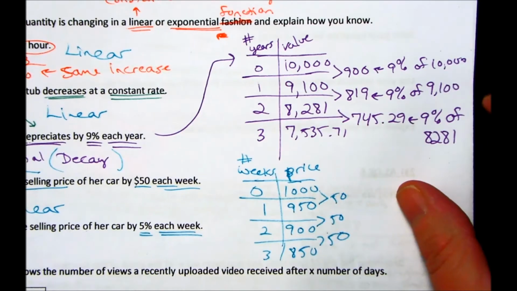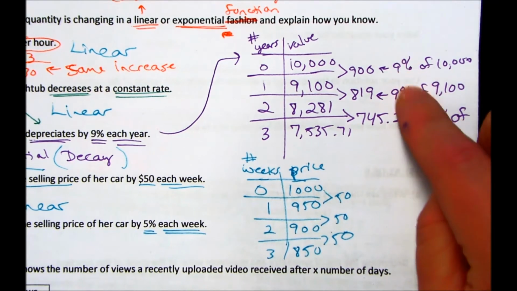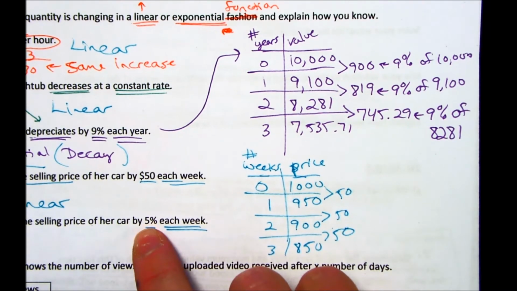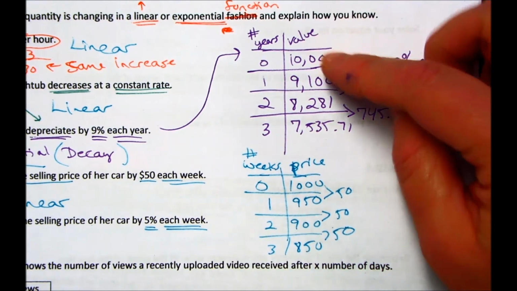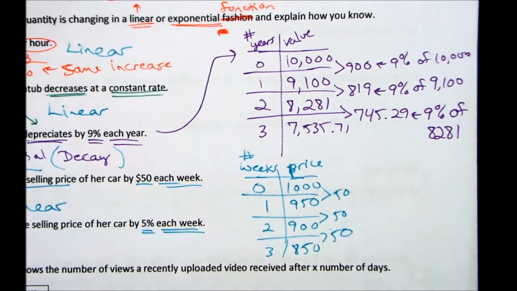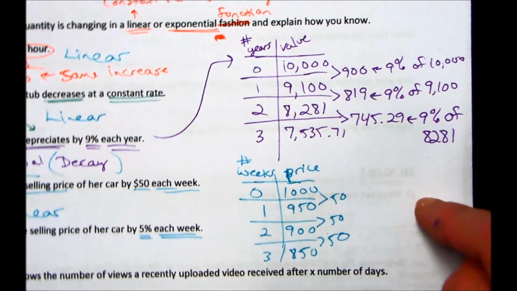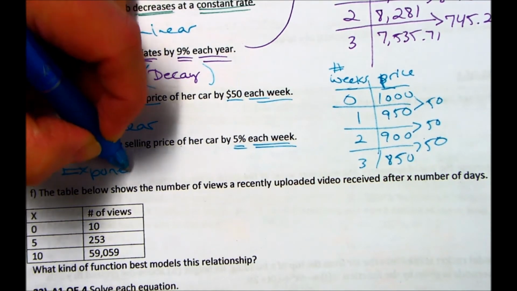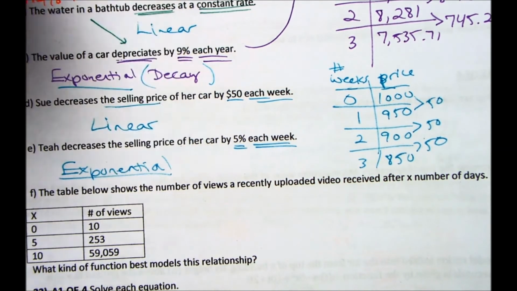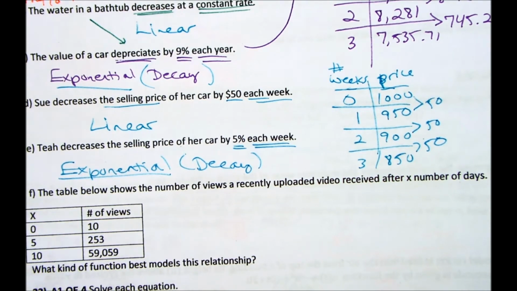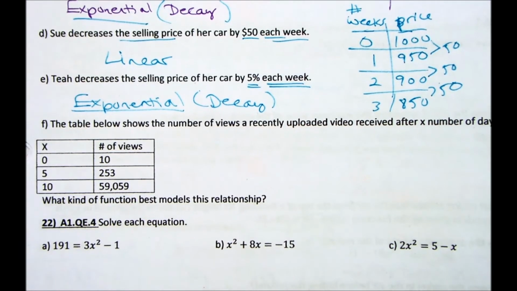So even though the percentage is the same, what you're starting with, or what you're taking 5% of, is going to change. So every time we subtract 5%, you're going to have a new number to take 5% of. So this one is going to be exponential also, and it would also be exponential decay, just like problem C. Okay, the last example here, F, we have